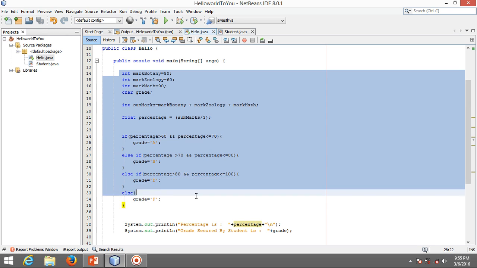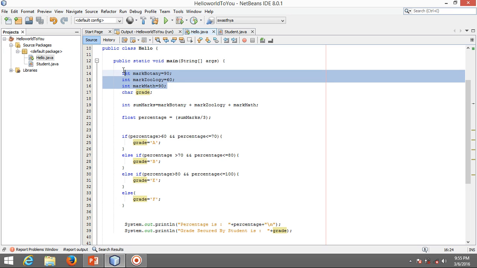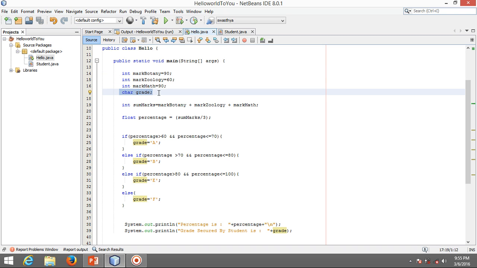Now this is a simple program. You can see the usage of the data types and how these are used. We are holding the marks using the numeric data type, that is integer, and we are using a character data type to hold the grade, and for percentage we are using a float data type to hold the decimal type of data.